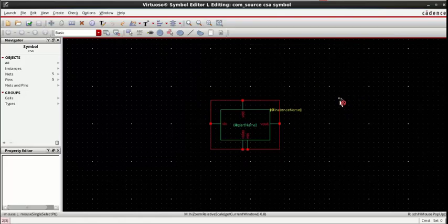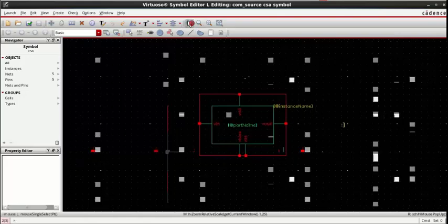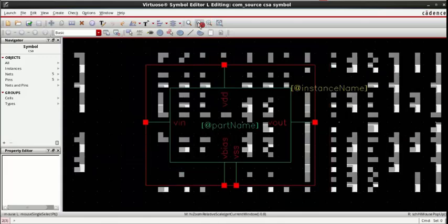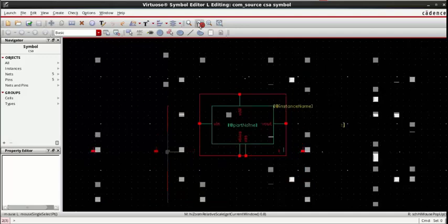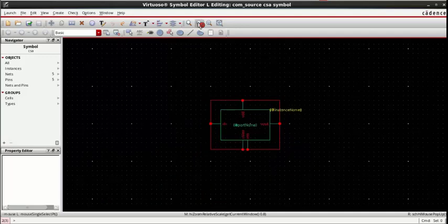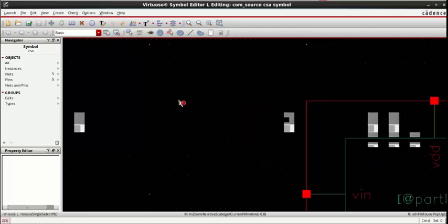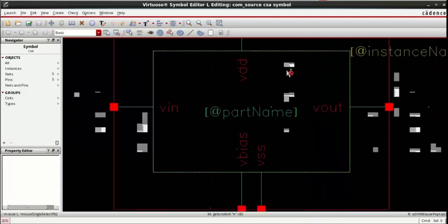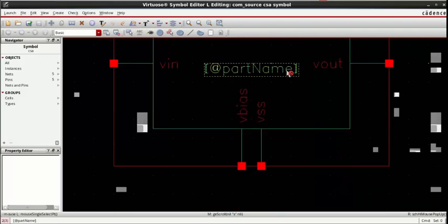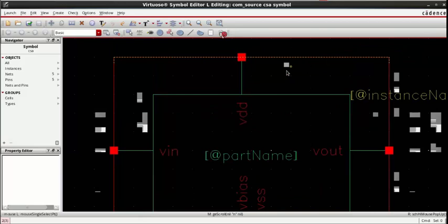While zooming out, some disturbances are coming like this, so I'll zoom out and then make it less to have a clear picture. Yes, so you can see that here we have V in on the left, V out on the right, VDD on top, and V bias and VSS at the bottom. If I zoom, you can see, but as I told, while zooming it's showing some other things, small particles also getting zoomed, so ignore that.